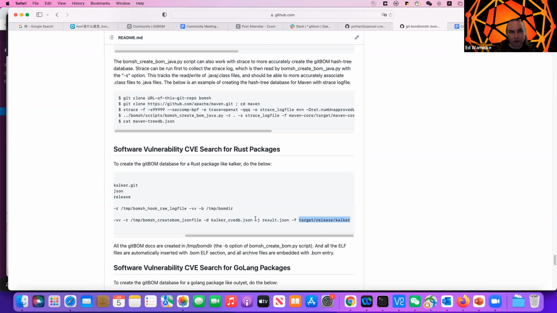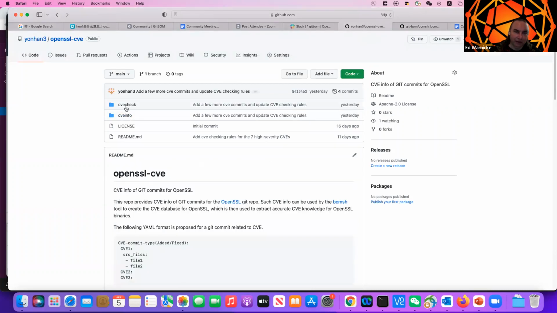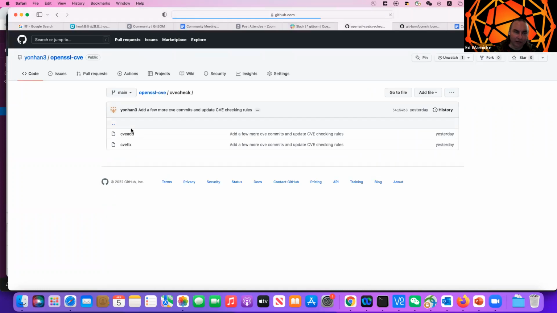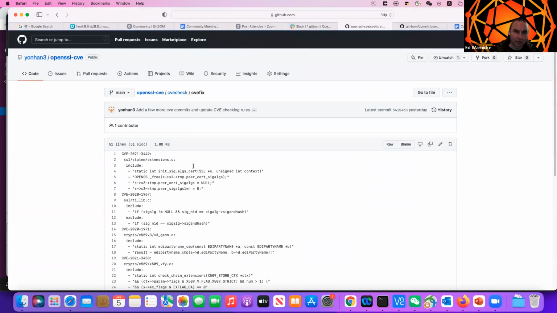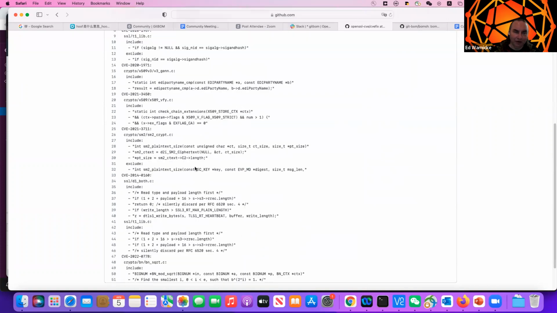But what Youngkui has actually built is a tool that will allow you to construct a not entirely perfect, but really useful CVE database indexing CVEs back to blobs that are probably the source of those CVEs, so that you can actually close the loop on the question of, okay, so I have this gitbom tree. What does it actually tell me about the vulnerabilities that I may have in my